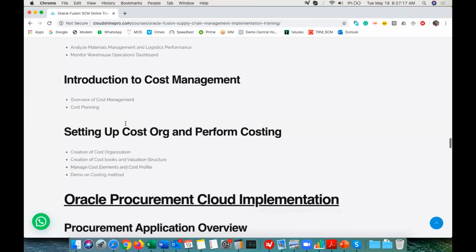Then finally, in inventory management, we'll do the costing implementation. There are basically 3 types of costing available: standard costing, actual costing, and average costing. During the session, I will be doing the complete end-to-end implementation. I will do 2 costing methods, maybe standard costing and average costing. I will execute them in front of you, and then 1 costing method